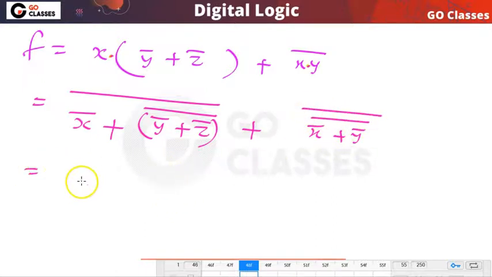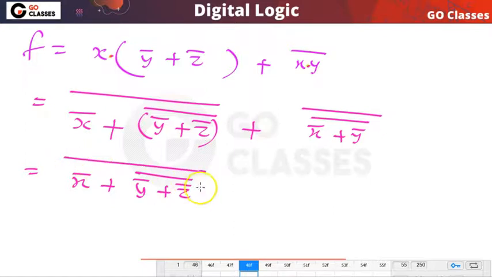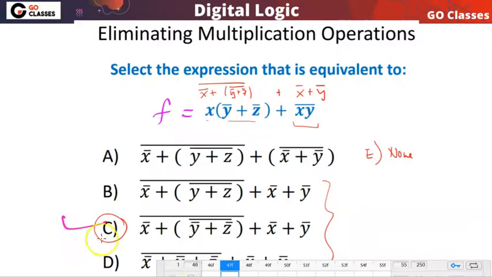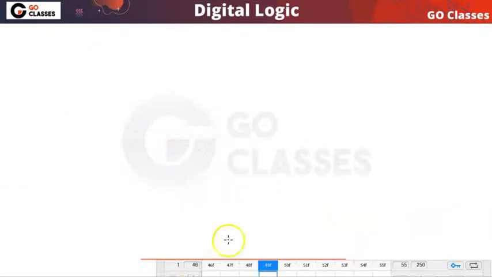So finally we will get (x bar or y bar or z bar)whole bar, or (x bar or y bar). So this is the final answer. You can check it out: the answer will be option C. So this is how you can do it.